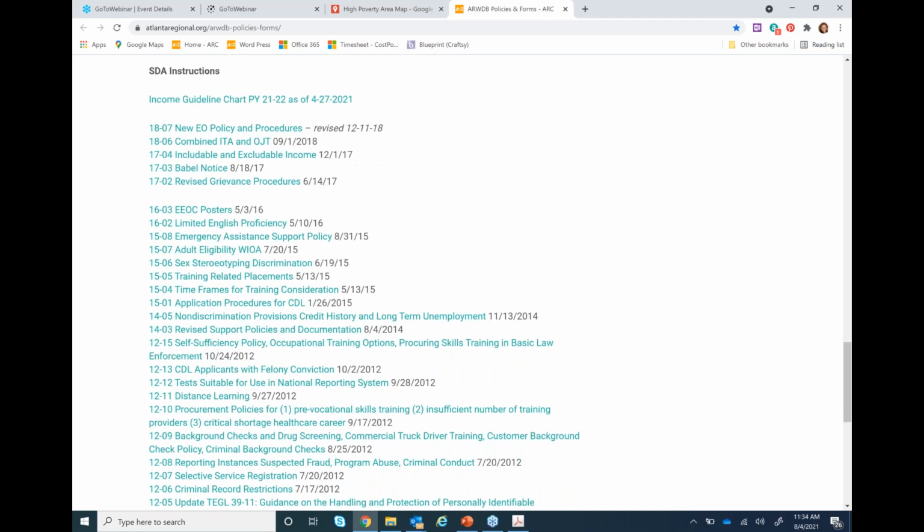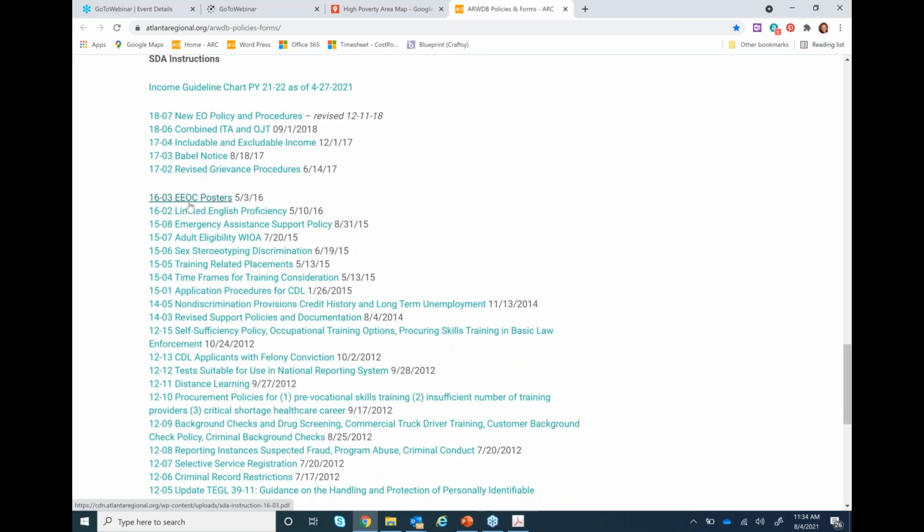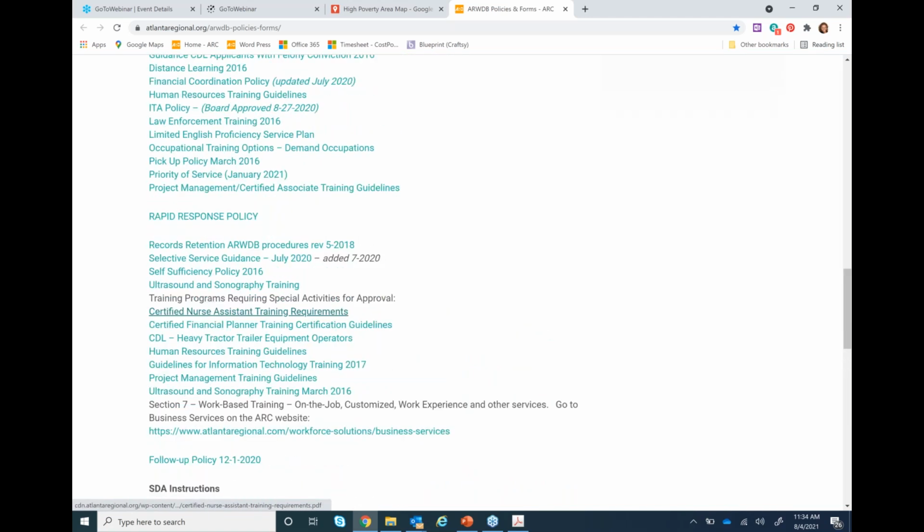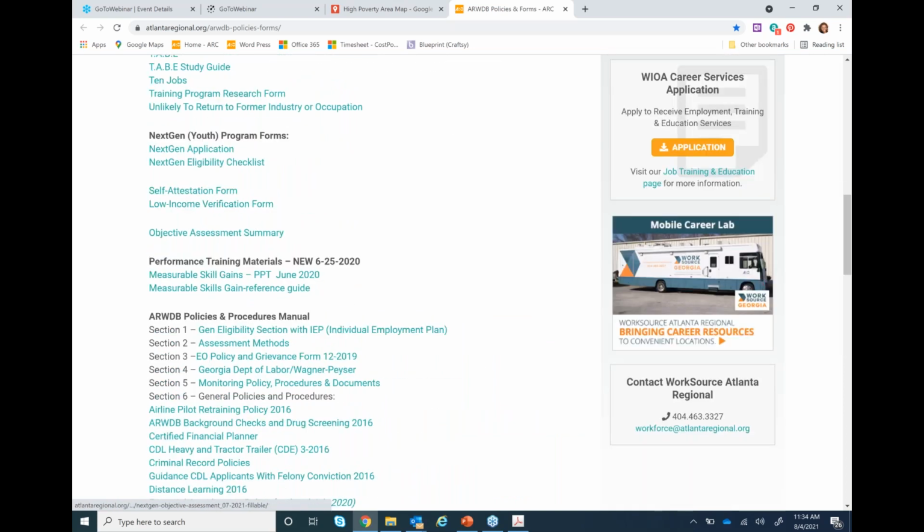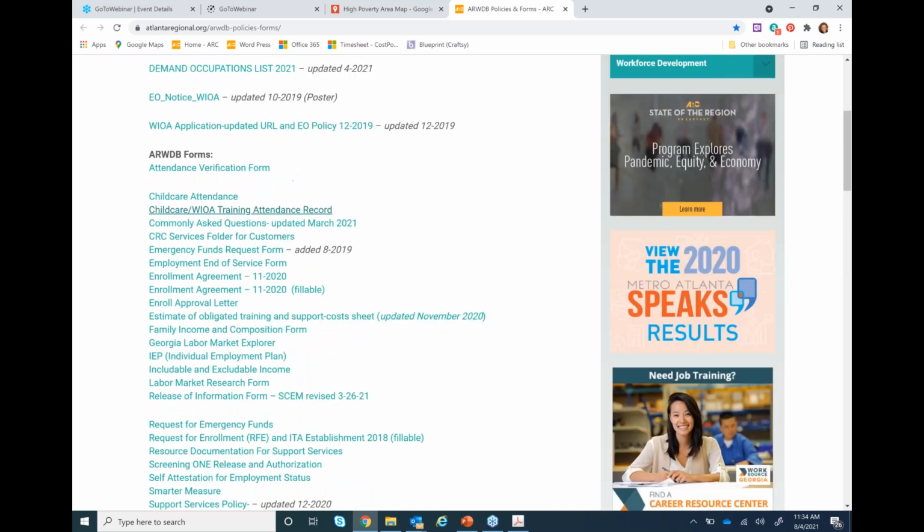The EEO poster is up here to print out, because everyone needs those. It's required for you to have those in your offices. This is a great reference site, and for now it is your only reference site, because it literally has everything that we have to offer at this moment. But like I said, when we get all our documents up, we're going to transfer them onto our own page. You're still going to want to have this page, because they put general policies and general guidances on it that you're going to want to reference regularly.